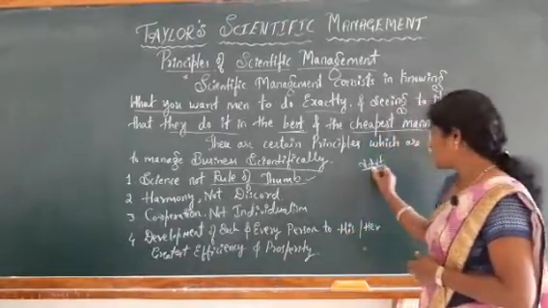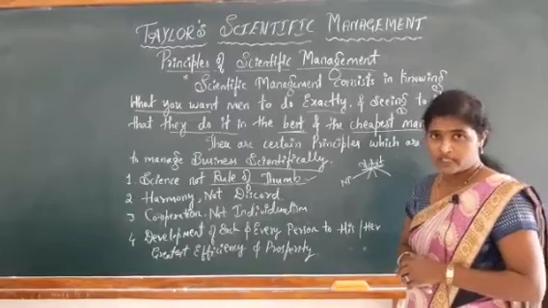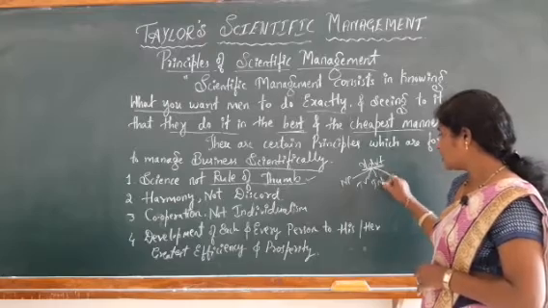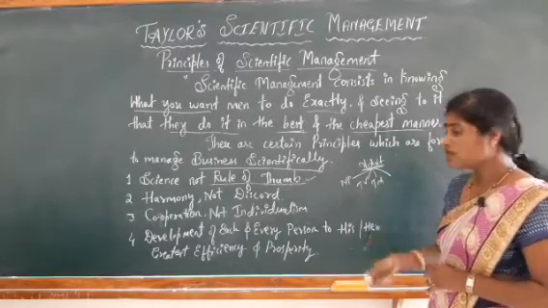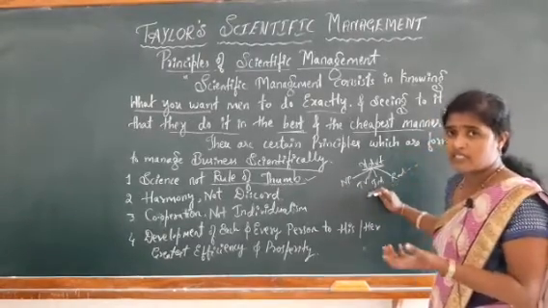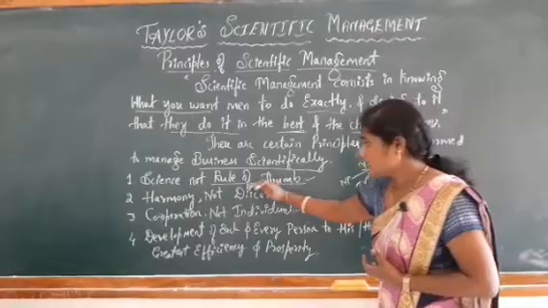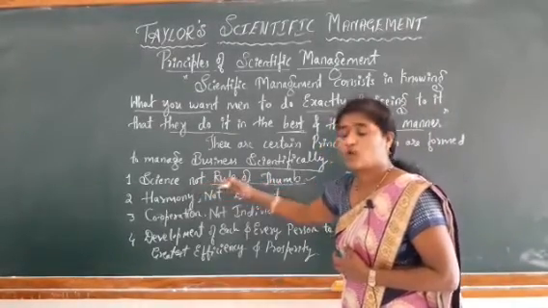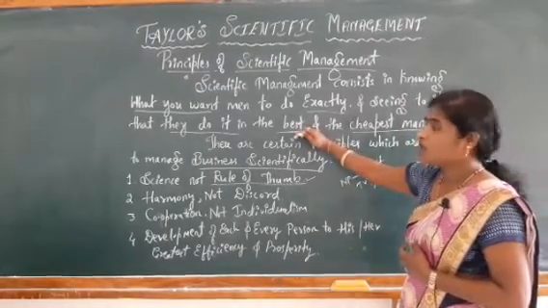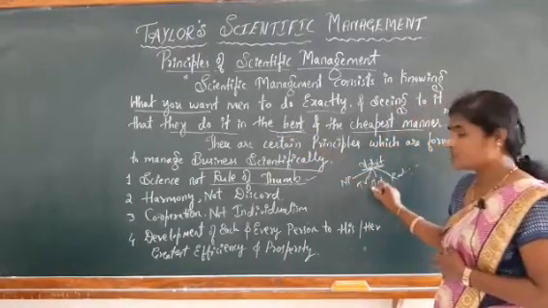There are several ways. For example, you can advertise with the help of newspaper, or television, or the internet, or radio, etc. These are some of the options available with the help of technology. But when you think about this first principle, science, not rule of thumb, you have to select the best way, the best one for your business.